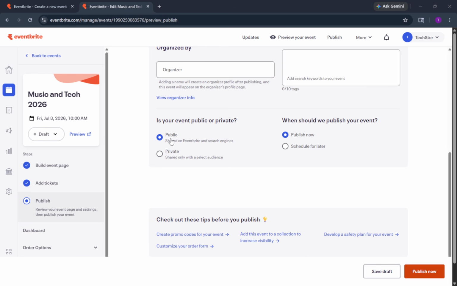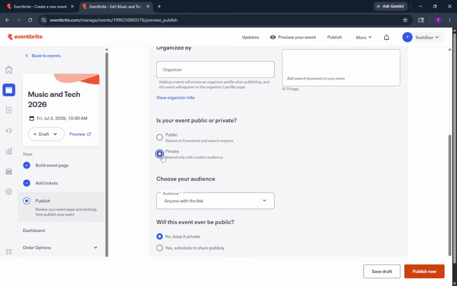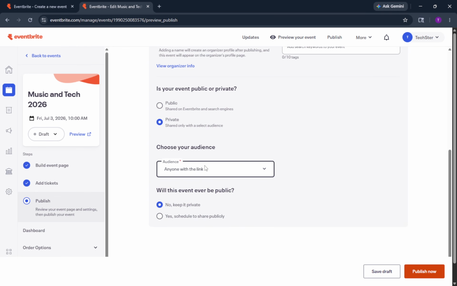Once you choose the privacy option that fits your needs, you can fine-tune how people get in. If you pick the private page route, share the direct link with the audience you trust. If you chose invite only, add guest emails from your dashboard and let Eventbrite send official invitations on your behalf, or share invite links with approved attendees. For password-protected events, distribute the password securely to your intended guests so they can enter it when prompted.